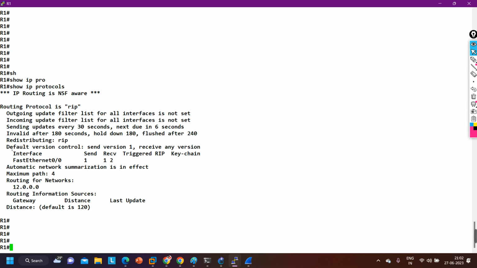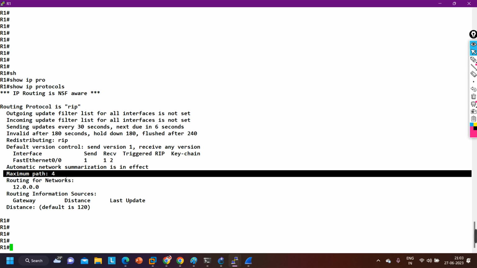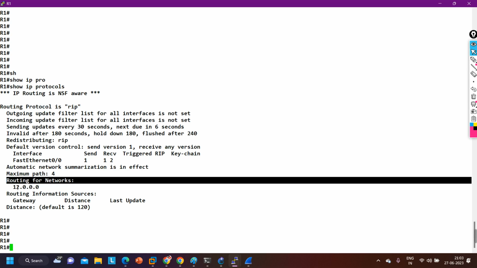Done. The default version control: send version 1, receive any version. See, I have not defined any version in RIP, right? So this is the default version, guys. After that, automatic network summarization is in effect, so we will discuss these things later. After that, the maximum paths supported is 4, and we are performing routing for